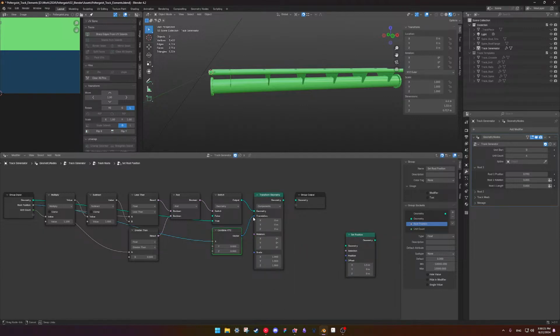Output, this will be the translation. Oh, because I'm trolling once again. Okay. Translation. So this works the same.